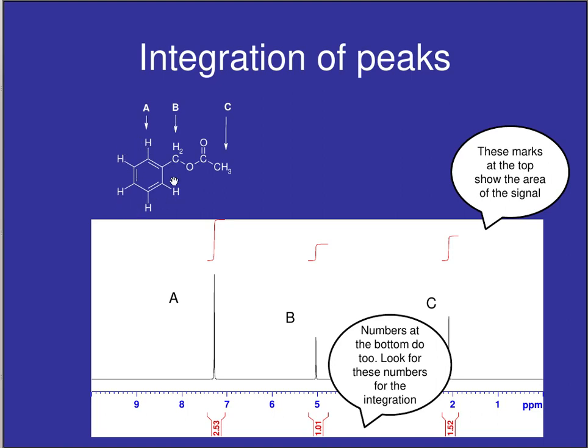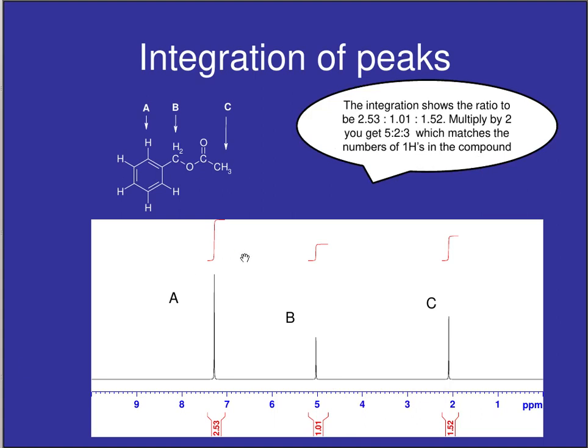So there are 5, 2 and 3, and you can notice then that if you multiply these numbers by 2, you end up getting a ratio of 3, 1.5 times 2 is 3, is to 2 is to 5, meaning